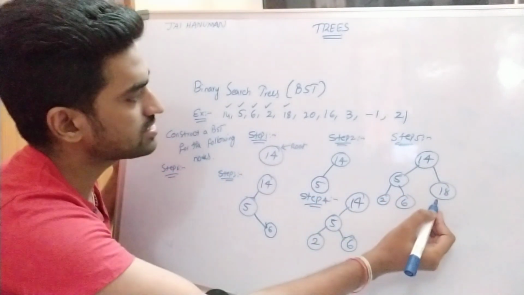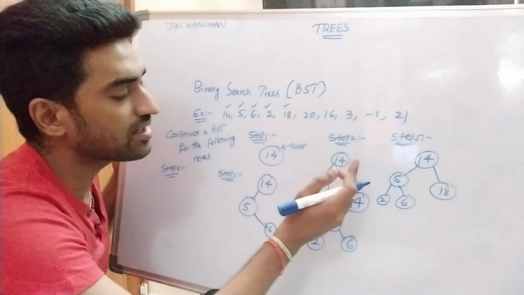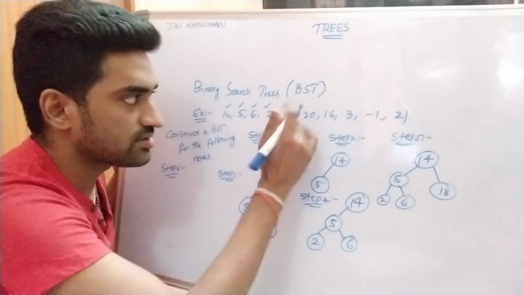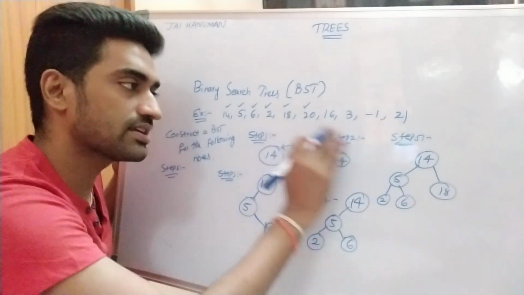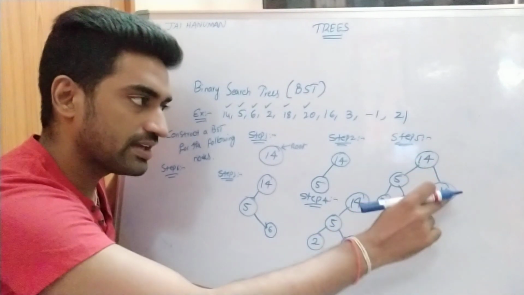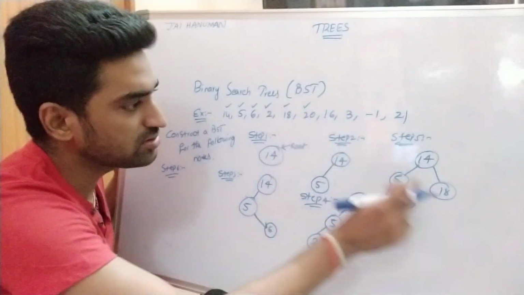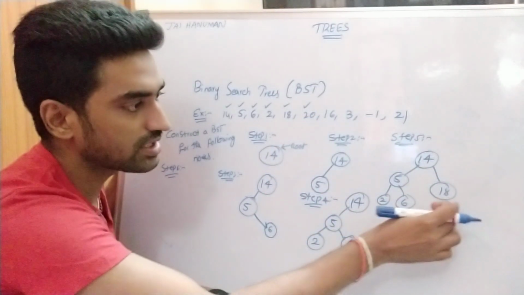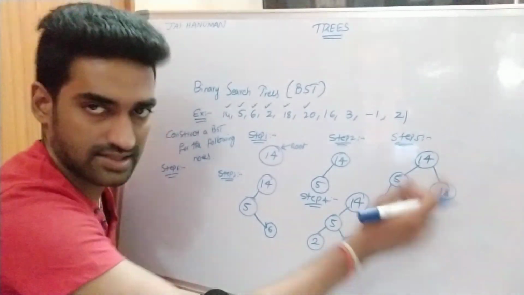Next inserted node is 20. First of all, we apply the comparison procedure between the root node and the inserted element. So 20 is greater than 14, so we can insert that element at the right subtree. At the right subtree, an element is already there, so that can be considered the root node. When compared to the right subtree root node, the inserted element is greater, so we can insert 20 at the rightmost position of the right subtree.